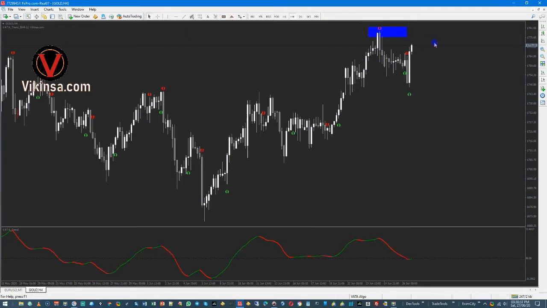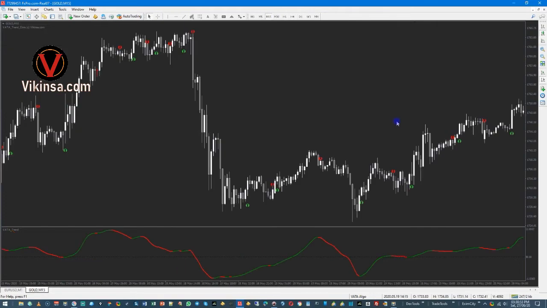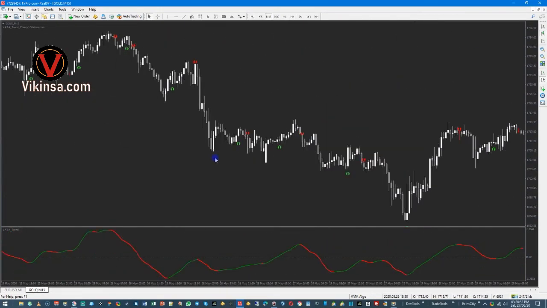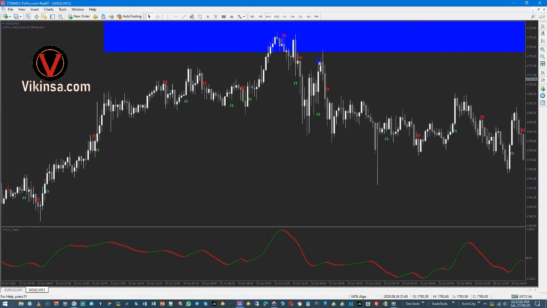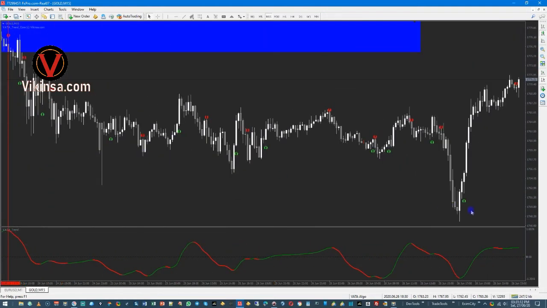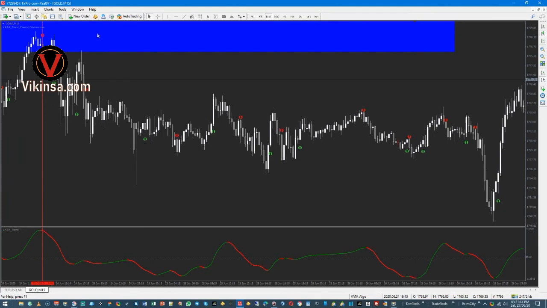Now let me actually show you where I took my 15-minute entry as well. So I've just marked that, and let's see how that looks. This was the 15-minute entry that I took. As you can see, if I draw a vertical line, the color of the trend changed from green to red, and this was the arrow. I took that shot from there and I rode it all the way to this place, and this is how I traded. So instead of 187, my profit target was near about 197 points on gold, and I still have